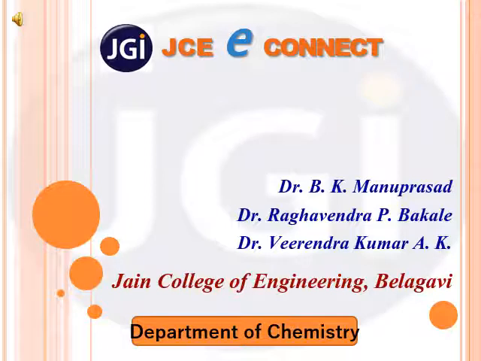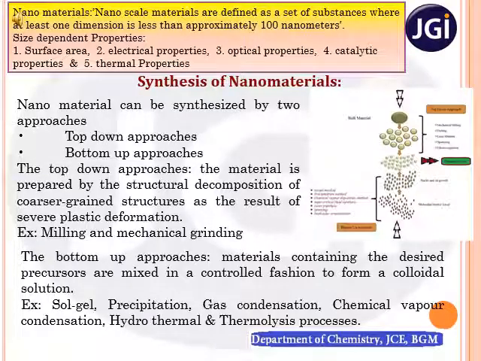Subject Engineering Chemistry. We are discussing the fifth module, Instrumental Method of Analysis and Nanomaterials. Last class we had discussed the introduction of nanomaterials. Also we have discussed the size dependent properties. Under this heading we have discussed 5 properties such as surface area, electrical properties, optical properties, catalytical properties and thermal properties of nanomaterials. We have discussed in detail with the examples, and in today's class let us discuss the